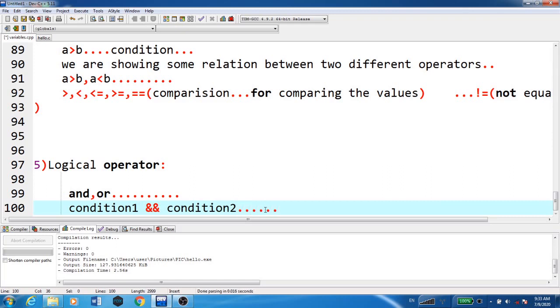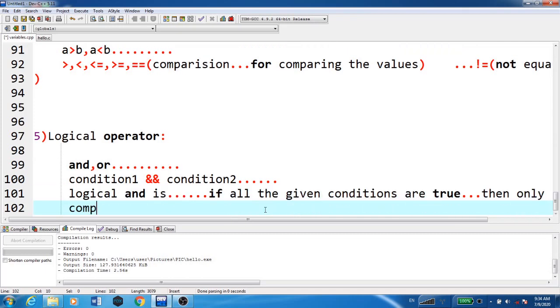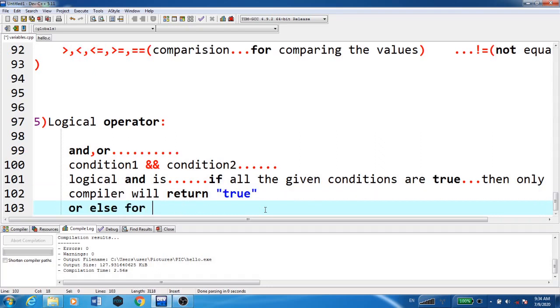So here the use of logical operators is that we can give two conditions or more than two conditions at the same time. The rule for this logical and is, if all the given conditions are true, then only the compiler will return true, or else for any other case it will return false.